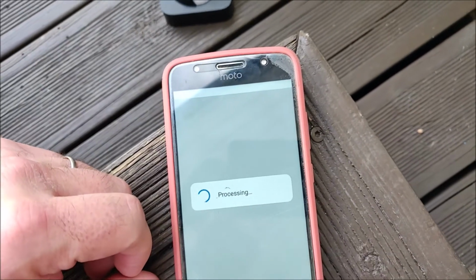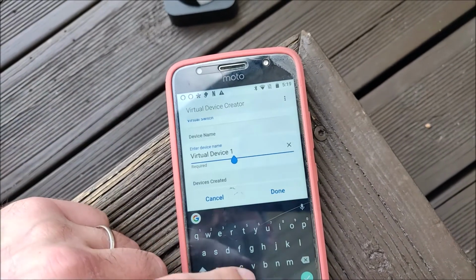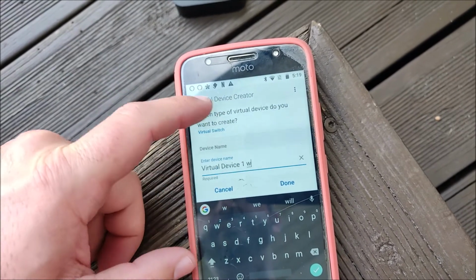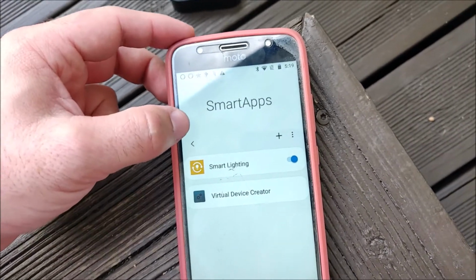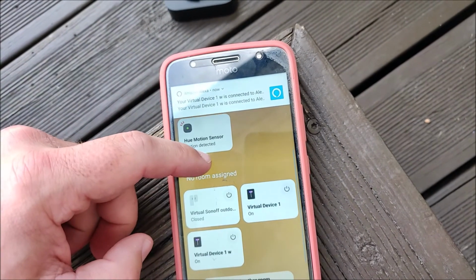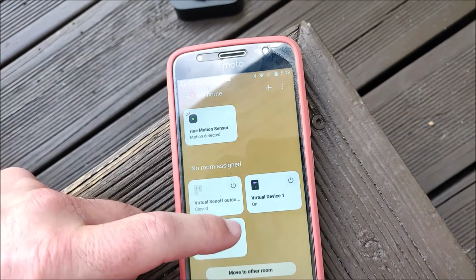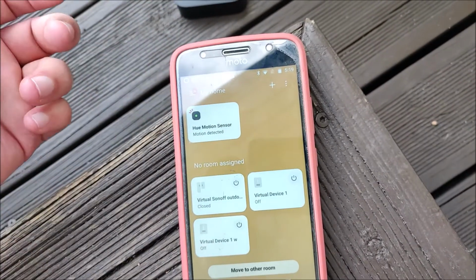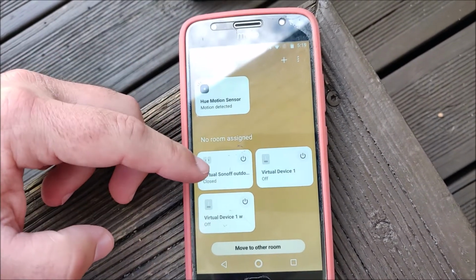But here you can create a virtual device. So if I want to create a new virtual device here, I can just call it something different, and then click on done, and it will create a new virtual device. Now this new virtual device, you can turn it on and off, but it won't actually do anything. So I already previously created this virtual Sonoff outdoor light switch here,